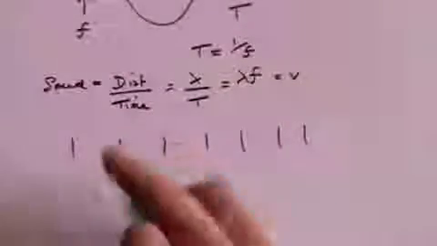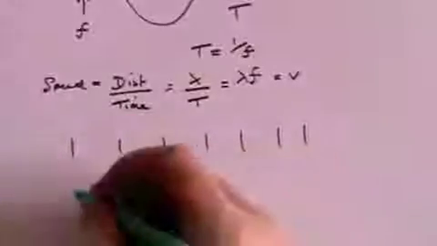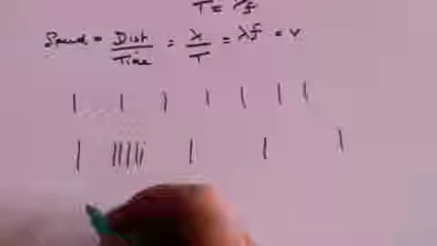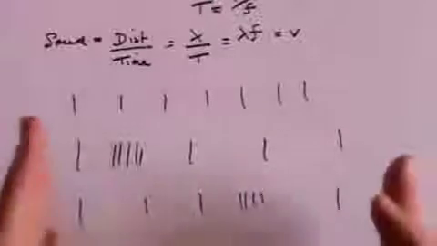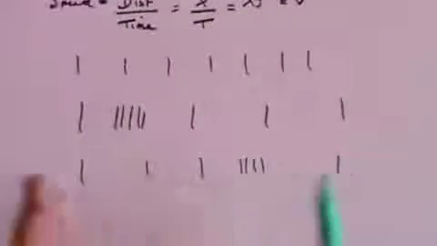Columns like this, then a longitudinal wave will bunch some of these up and stretch some out. So at one moment you might have that kind of arrangement, and then the next moment you might have that kind of arrangement. Instead of it being transverse, going up and down, it actually goes in and out,